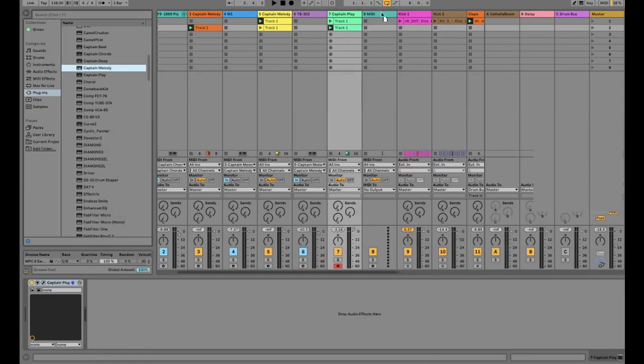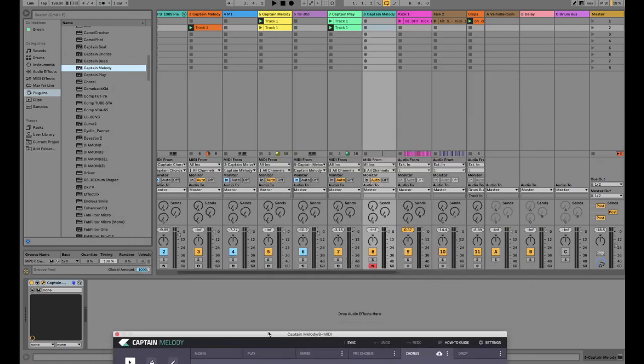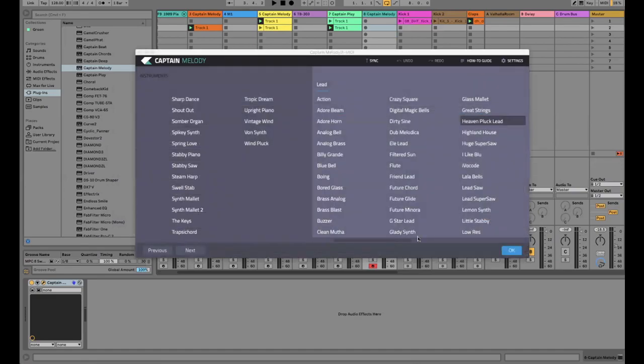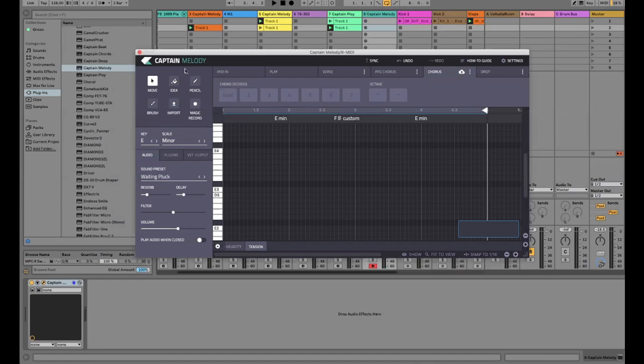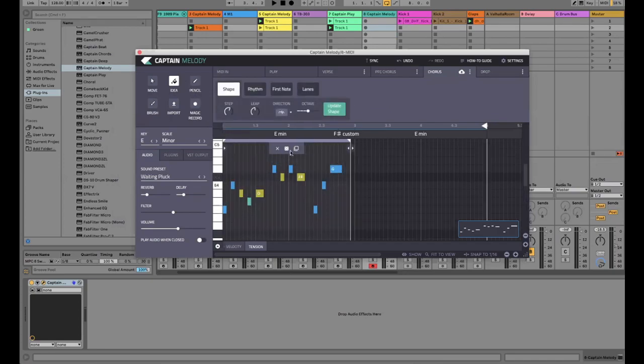So back to Captain Melody, there are even more things that we can do in Captain Melody that we haven't done yet. So next I'm going to show you how you can use the idea box here. If I go into the sound presets here, and I slide over to the waiting clock, this is a really beautiful sound. What I'm going to do here is create an idea box. To do that, I just click on idea, I click plus, and then I'm going to take this down to a 1